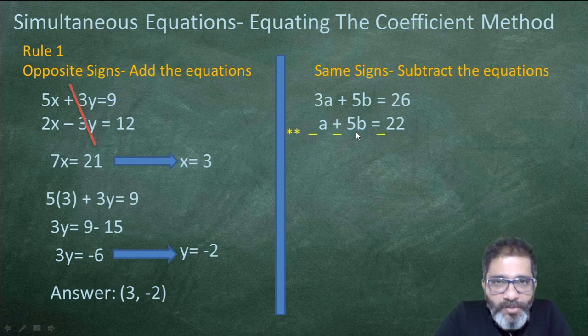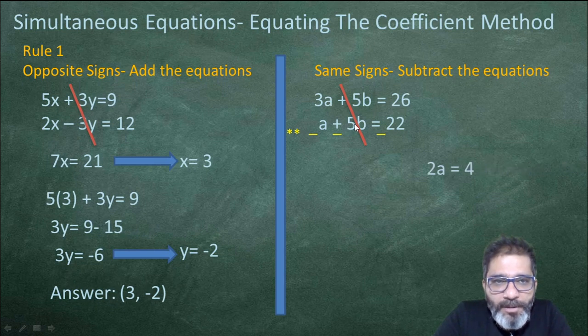Now see the signs. When you subtract two equations, we all know that the signs of the terms of the second equation change. Now this step is very important. The a sign changes, it becomes minus a. This is plus 5b, the sign changes, it becomes minus 5b. 22, the sign changes, it becomes minus 22. So now the signs are changed. Now this is plus 5b and this is minus 5b, and we know that plus 5 and minus 5 becomes 0. So the b term cancels.